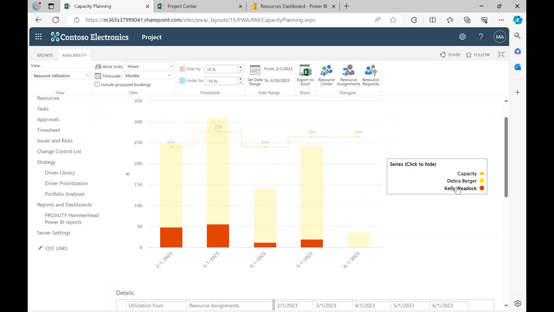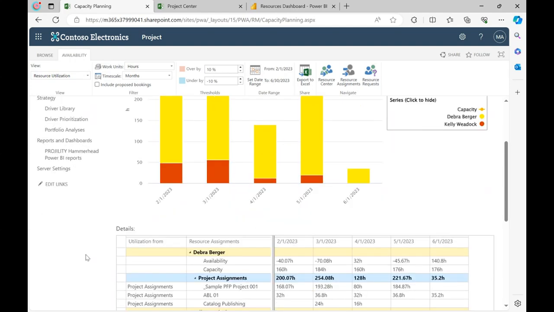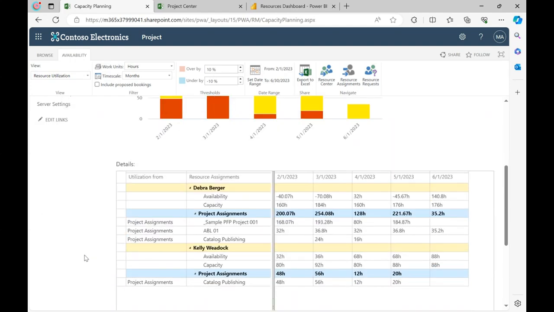If you hover, you can see it does select each one. You can click on them as well. Below each view in the capacity planning, there will be a details. It does show you the same information across them, but it's pivoted differently depending on the view that you are in. So this shows me per resource, the availability,